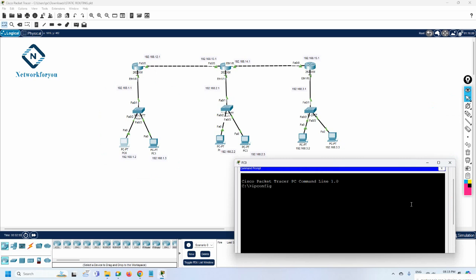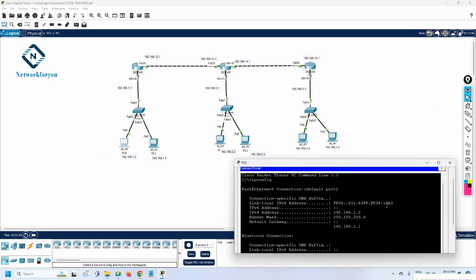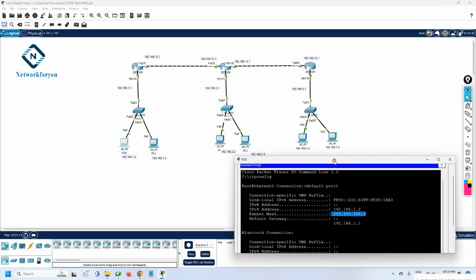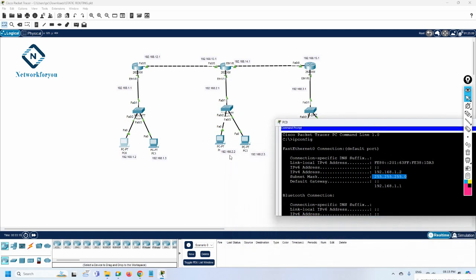We will write ipconfig. With the help of ipconfig, we are going to get the IP and the gateway. So here you have the IP address and you have the gateway. So the gateway is also correct. The IP is also correct. Both are in the same subnet and this is the subnet mask. So everything is good. Now, if you are trying to ping this one, for example